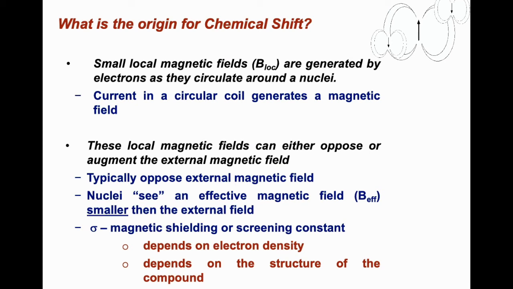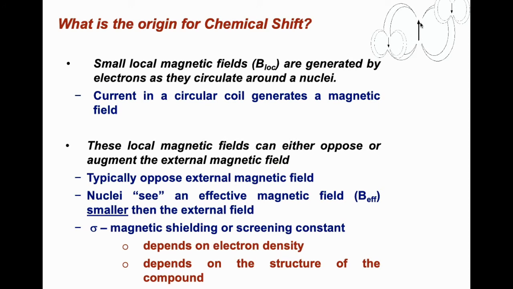Normally there are two options. You have the secondary magnetic field and the very huge applied primary magnetic field, and both these fields can either oppose or align with respect to each other. It all depends upon the kind of molecule that we are trying to analyze. In most cases these magnetic fields will be opposing each other, and only in a few cases will they align with each other. If they are opposing, just remember that I have a magnetic field pointing along this applied direction, and this secondary magnetic field, you see, is opposing.